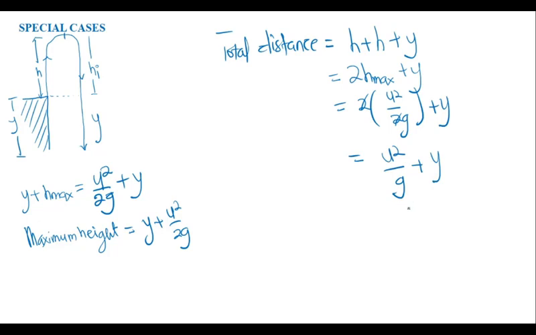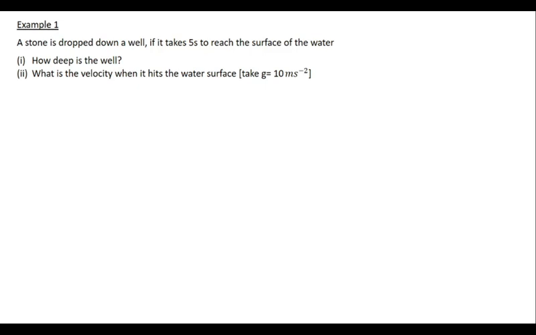With this basic introduction, let's have a look at some practical problems to further enhance our understanding of the concept. Example number 1. A stone is dropped down a wall. If it takes 5 seconds to reach the surface of the water, how deep is the wall? What is the velocity when it hits the surface of the water? This is a very nice question. So let's go in. First of all, we want to write our solution here,